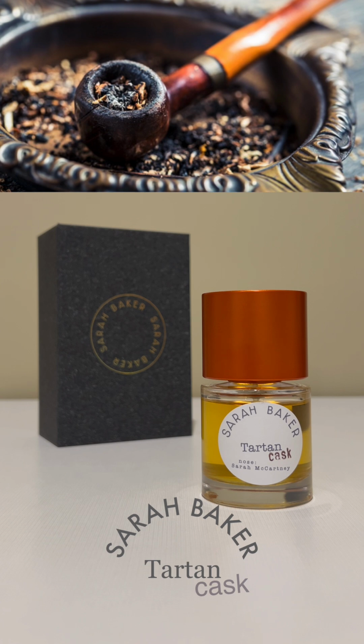Now, if you have ever smelled the inside of a spent tobacco pipe, this is what the opening of Tartan Cask reminds me of. So when I say smoky at the top, it's really not burnt wood. This is more like ashes from a pipe. And for some reason, I used to put my nose to that pipe, close to the burnt ashes. I was really intrigued by it,